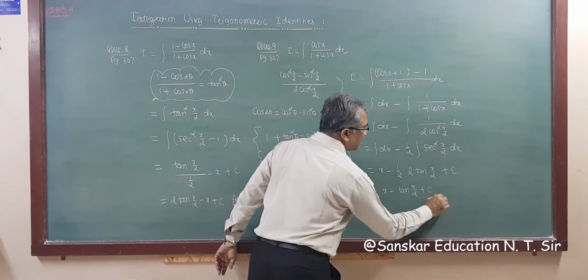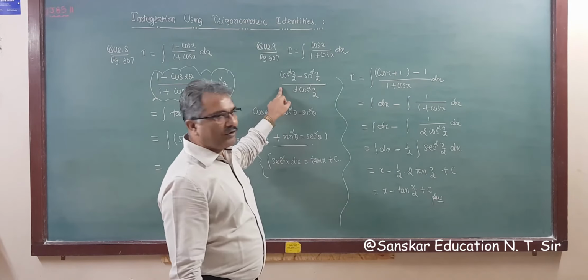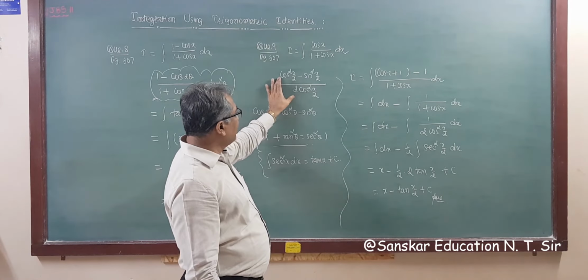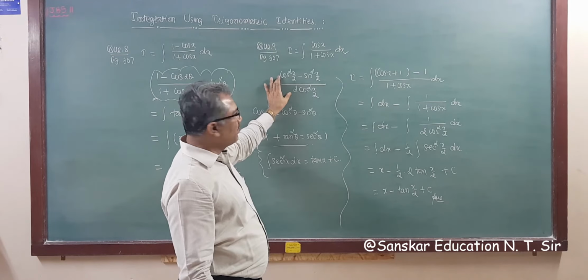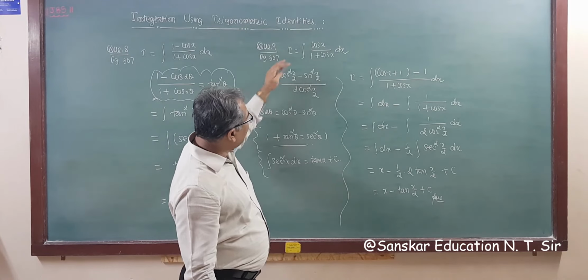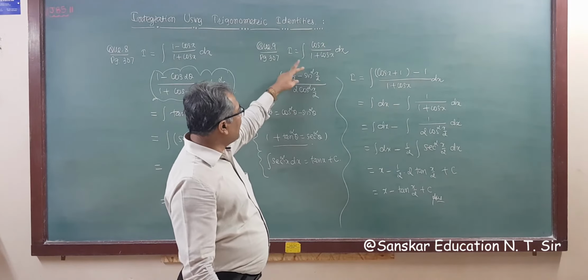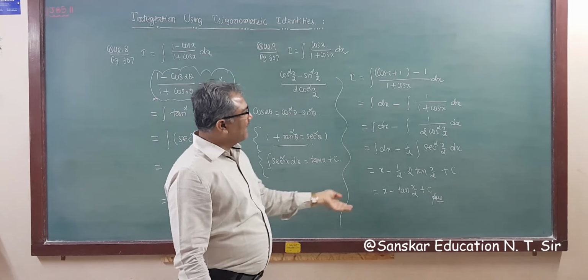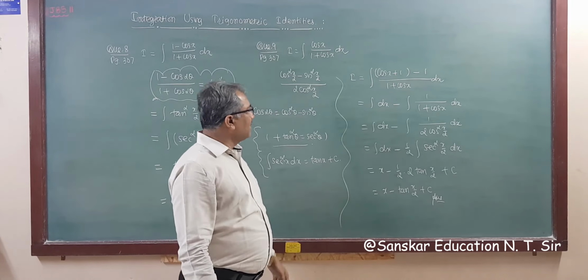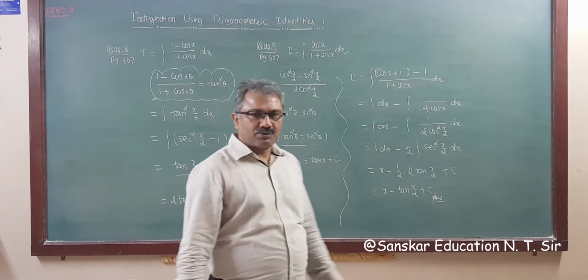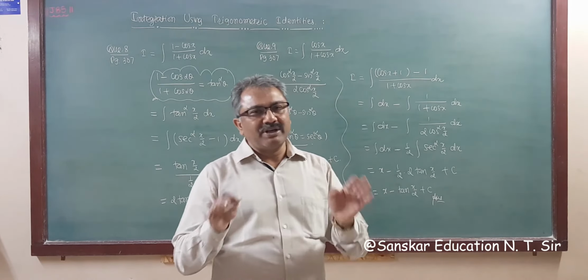This is your answer. And if we apply the other formula and take it separately, then this will cancel, so the answer is 1 upon 2, a constant. Now divide and multiply; this is tan square x by 2, and then apply the formula sec square minus 1. You will get exactly the same answer. So this is the way you have to integrate, right?